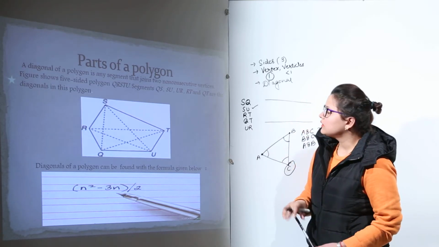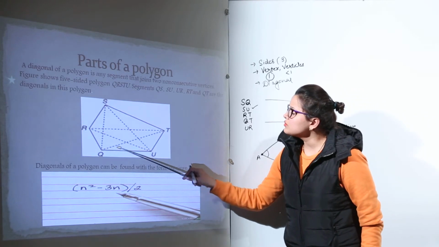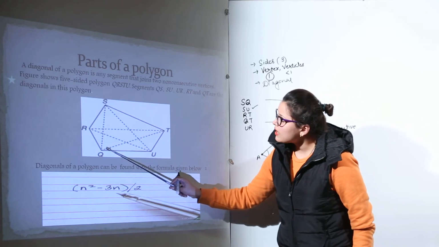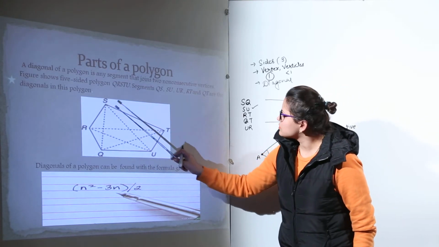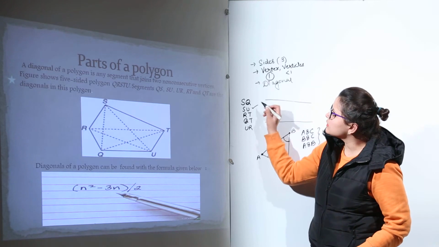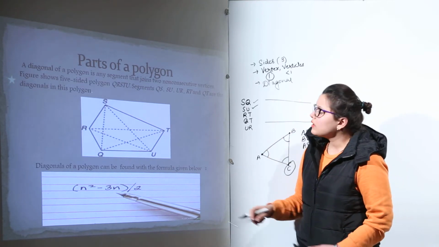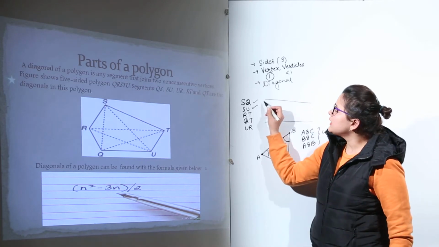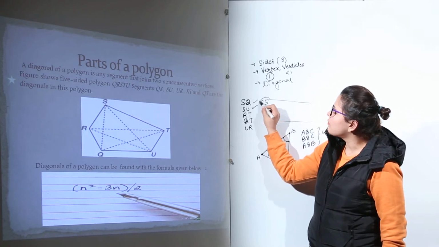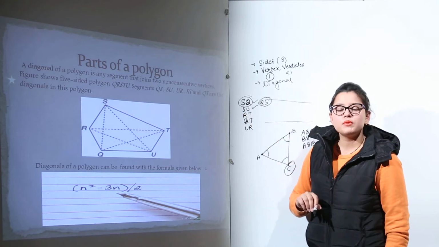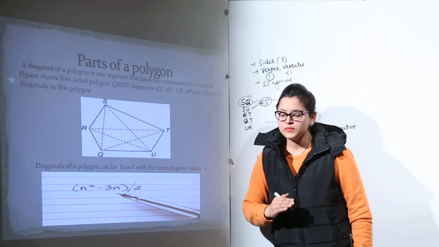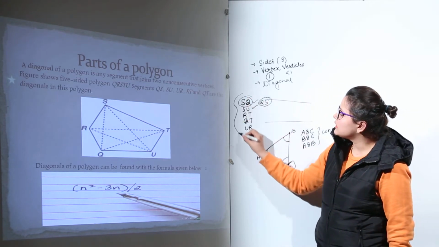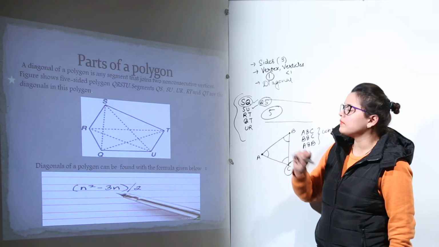UR. Now let us check the other ones. QT. QT is already included, right? Next we have QS, that is also included, as it is equal to SQ. Now, is there any other diagonal possible? You can write it either QS or SQ. Both will be the same, right? Because a line can be named both ways. So how many diagonals does this polygon have? These are 5 in number.